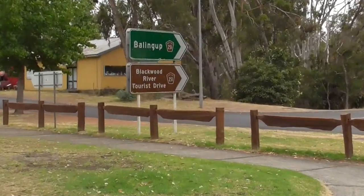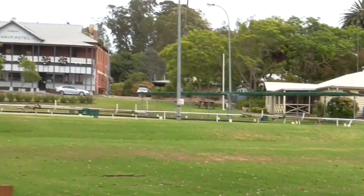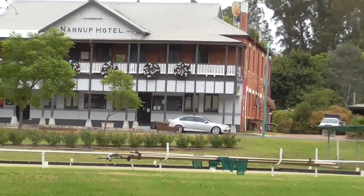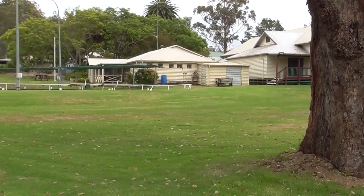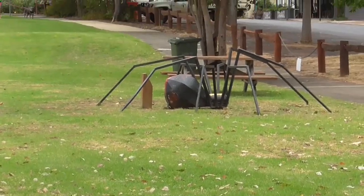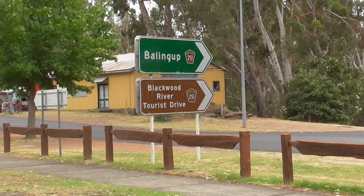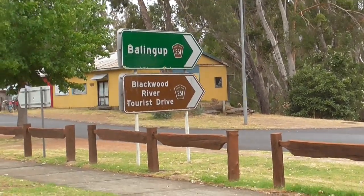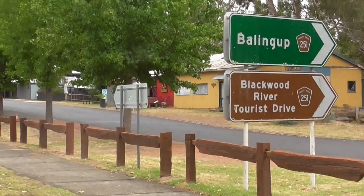Here we are just near the Nannup Hotel and the Nannup Bowling Green. We have a couple of sculptures, a spider, and you can also turn off to Nannup and the Blackwood River Tourist Drive. As we continue walking,